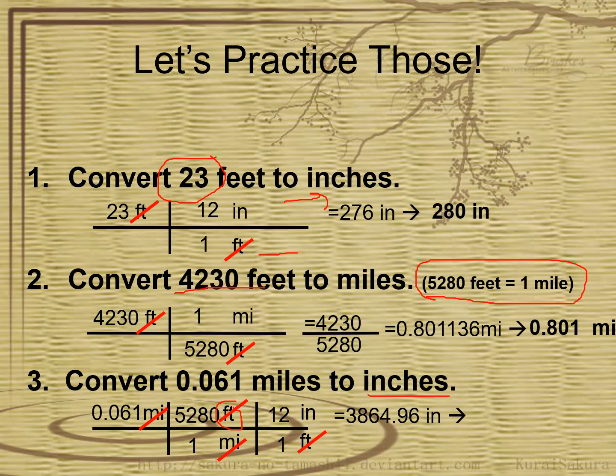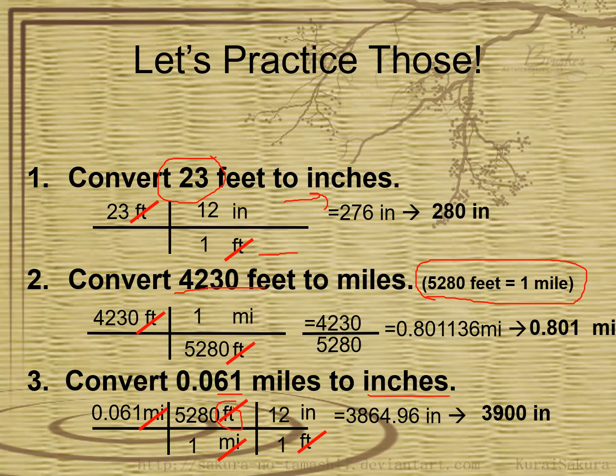And then it's 1 on the bottom. So we're just dividing by 1, so that makes it easy. And then make sure you've got the right unit. Now, one more thing. We need to look at the significant figures. So in this number, 0.061, we have 2 significant figures, so our answer can only have 2. So we will say